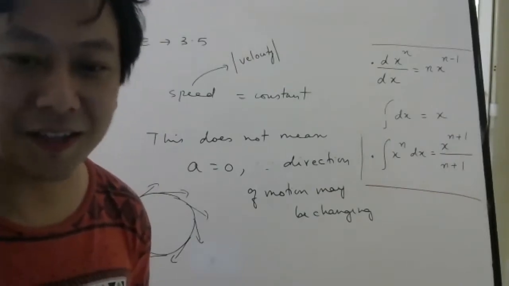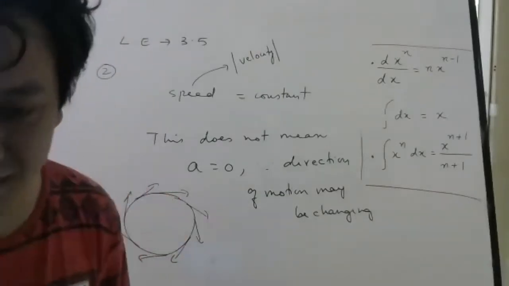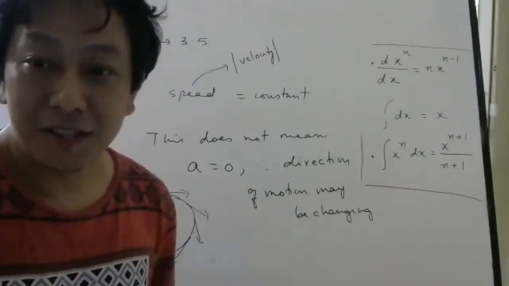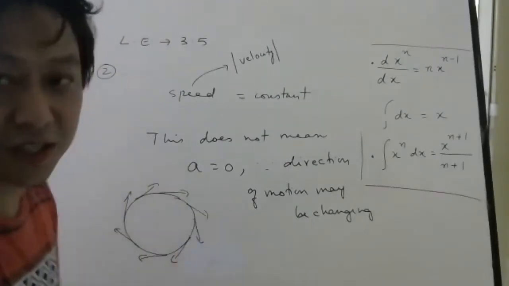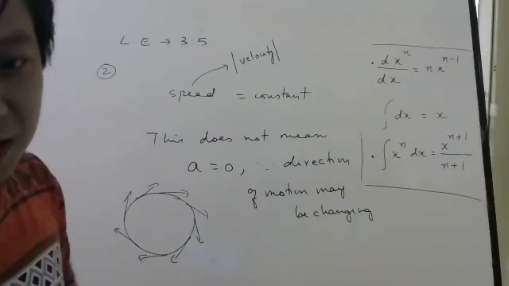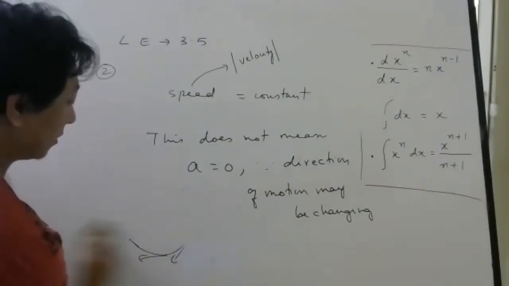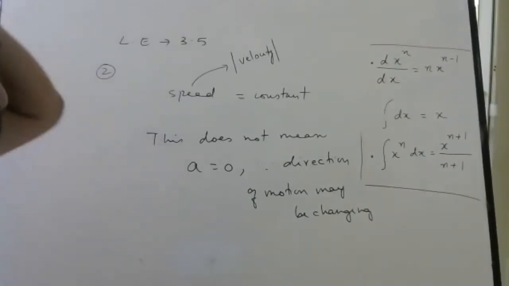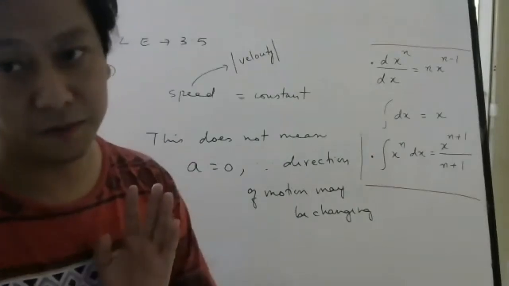No, that is acceleration at a particular time. Centripetal acceleration. It is called centripetal. Later we will study it, don't worry, because right now we are not studying circular motion. We are studying motion in a straight line. So be careful. Speed constant does not mean 100% acceleration is zero.